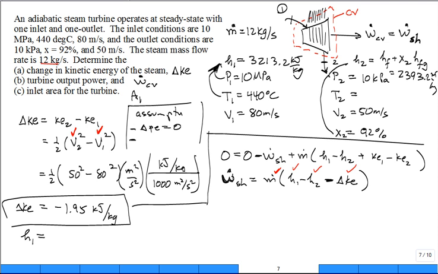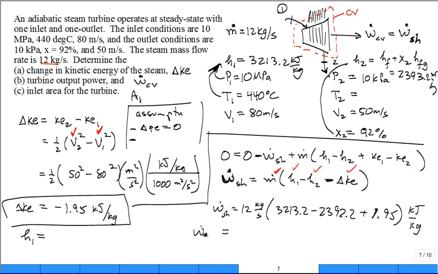I'm finally ready to substitute numbers. So W dot shaft is equal to 12 kilograms per second, then I have this change in h, and I get W dot shaft. Notice this is a huge difference. That difference, you could almost just neglect the negative 1.95. Okay. And I get around